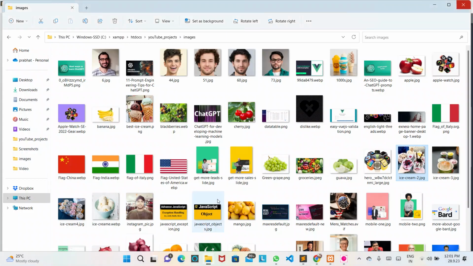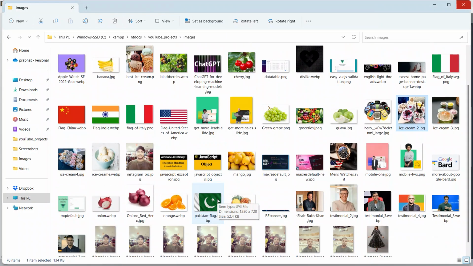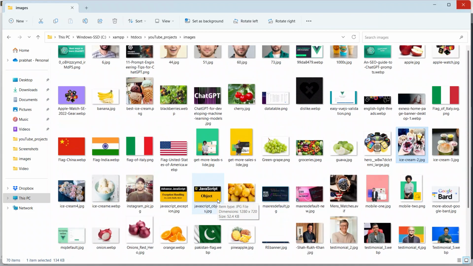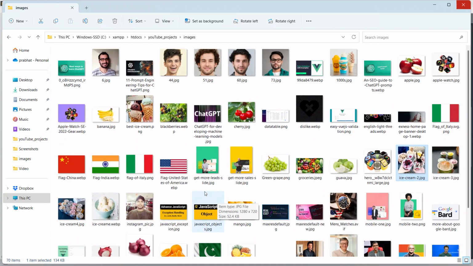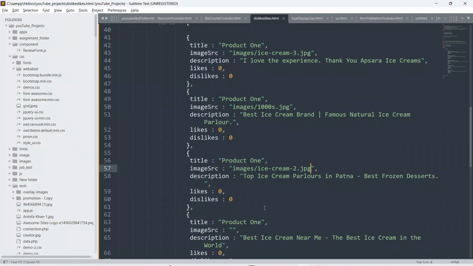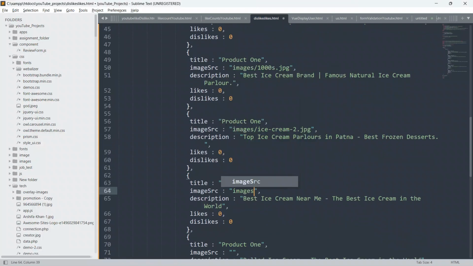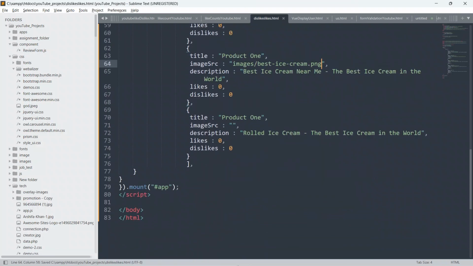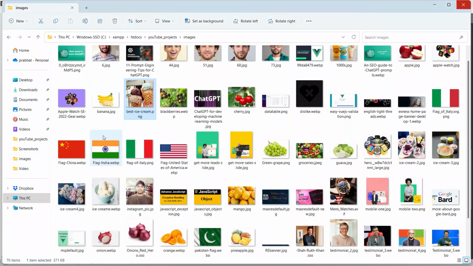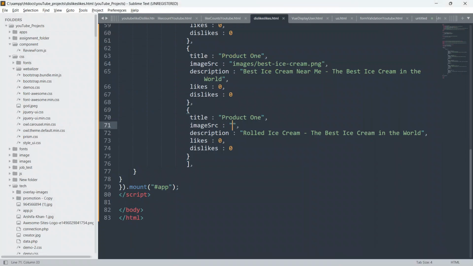Go to the code and copy this image name from here, and define your path, img src. This is the images folder. Give slash and paste the image name here also. Again go to the folder and copy this image name from here, go to the code, give images, slash, and paste it here.